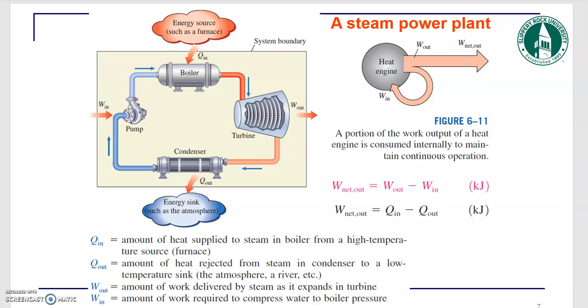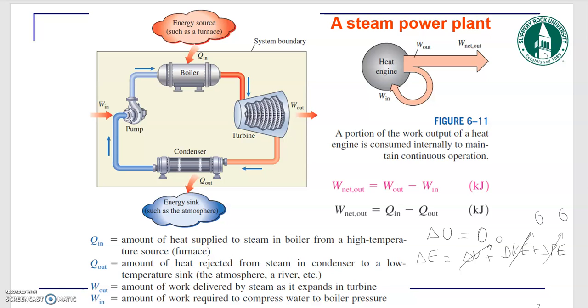Now, if you want to write the first law of thermodynamics for this system, what do you write? So remember the cycles. One of the important properties of the cycles was that delta U was equal to 0. So the internal energy change is 0. So the first law of thermodynamics says that delta E is equal to delta U plus delta kinetic energy plus delta potential energy. So in this system, the potential energy and kinetic energy are negligible, and delta U is also 0